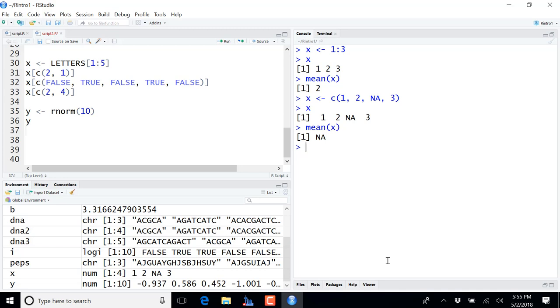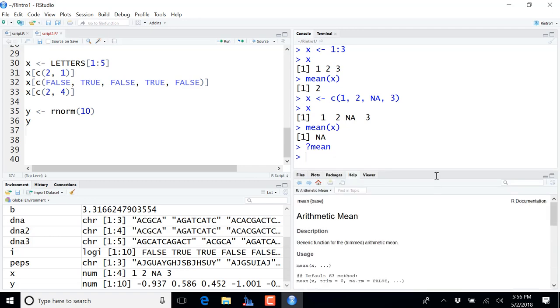Okay, let's do that together. Any suggestion on how to solve this? Anyone? Yes? Exactly. So the easiest way here would be to look up the documentation of mean, question mark, mean, and realize